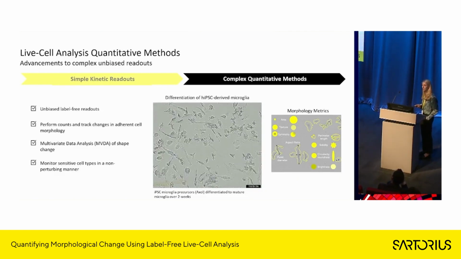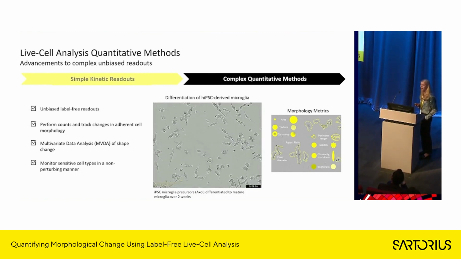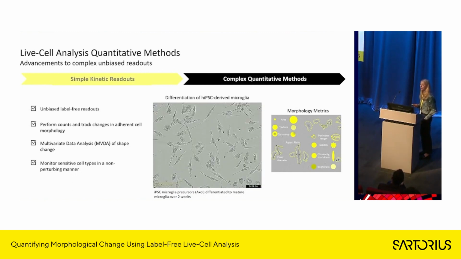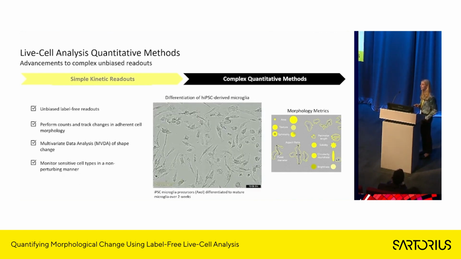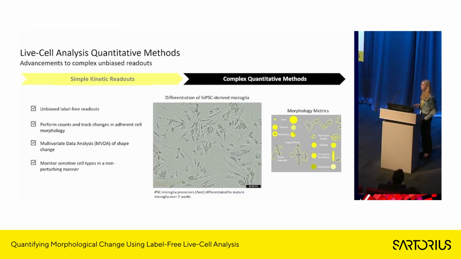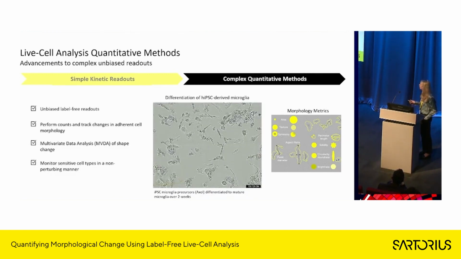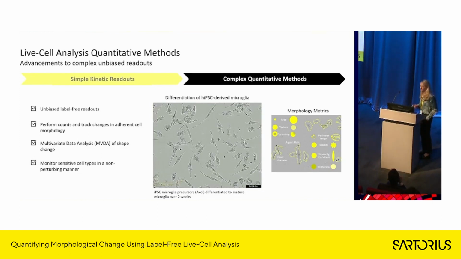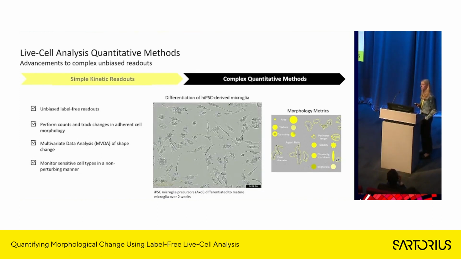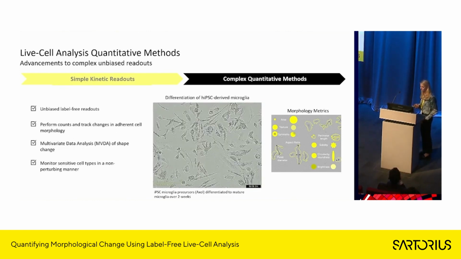This advanced analytical approach uses multivariate data analysis, and this is an unbiased and very thorough way of quantifying cell morphology, as instead of using a single metric, it incorporates a number of different features of cells, such as the shape, the size, or the texture. Some of the metrics that we can use for this are shown here. And what this really allows us to do is adapt this to a wide range of different cell morphologies.